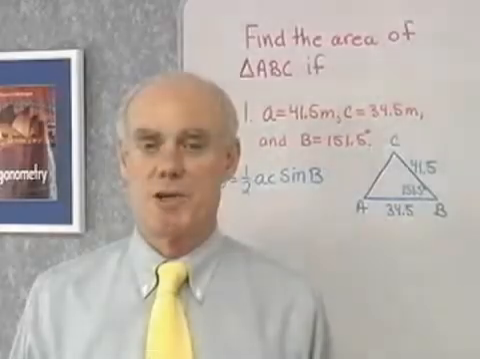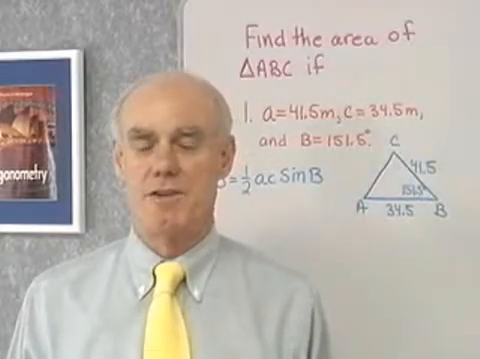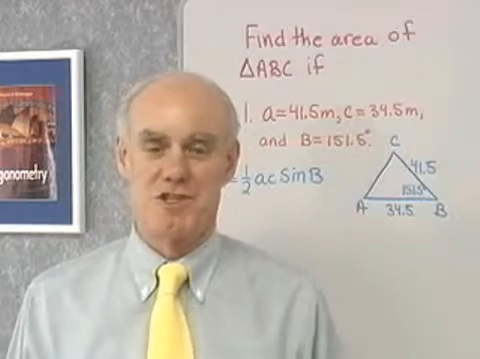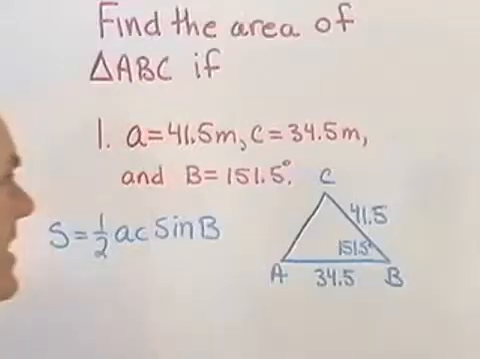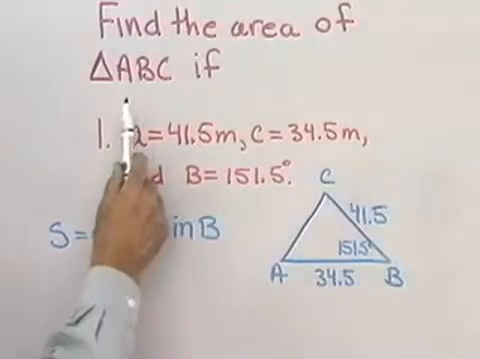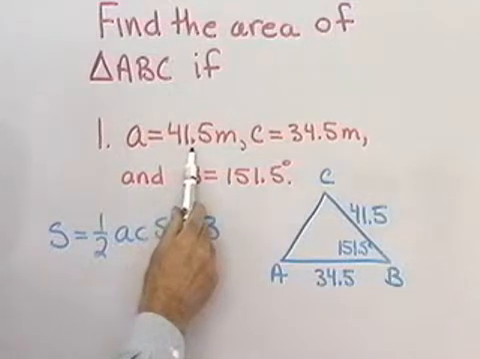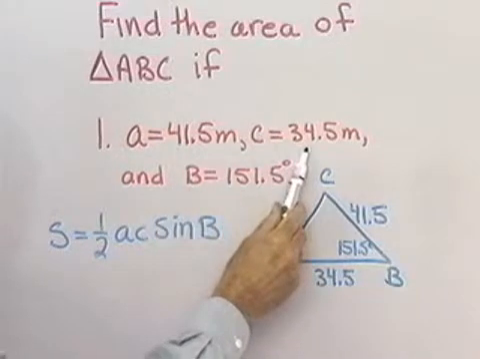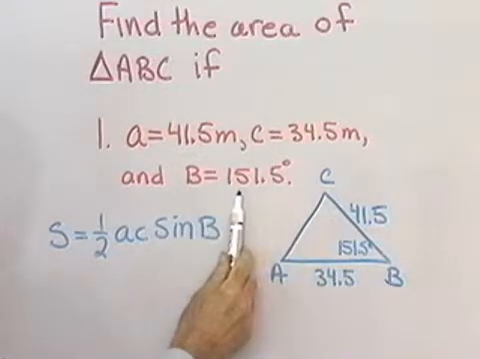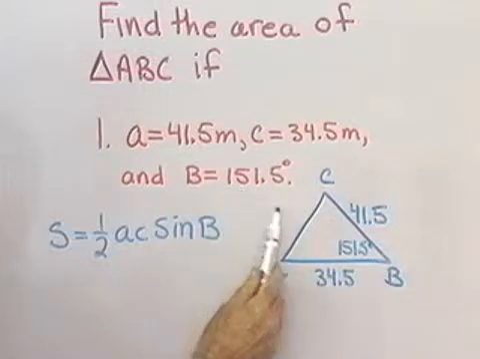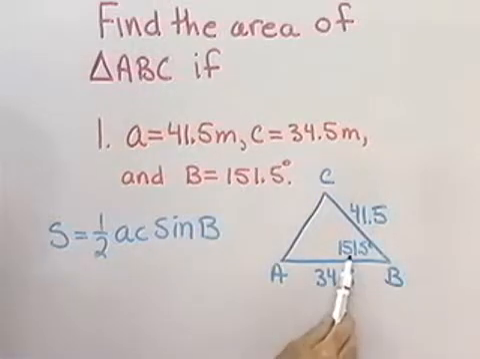Next we have some formulas that allow us to find the area of a triangle in different situations. Let's look at our first one. I want to find the area of triangle ABC if side A is 41.5, side C is 34.5, and angle B is 151.5. Now, if we draw a triangle and label all the information that we're given, it looks like